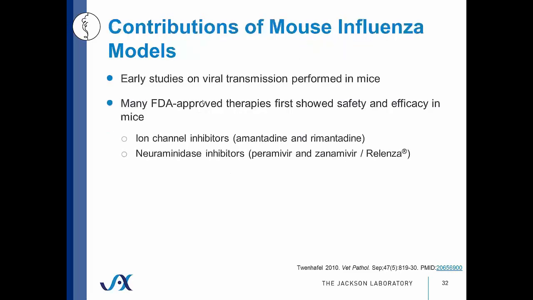But before I get into a few details of influenza infection modeling in inbred strains, I just would like to mention that a lot of our current understanding of influenza is due in part to utilizing mouse strains to model disease. And so some of the early studies on viral transmission were performed in mice, and many of the most popular and effective antivirals that are currently being used in the clinic today were first shown to be safe and efficacious in mice. And that includes ion channel inhibitors, amantadine and rimantadine, as well as the neuraminidase inhibitors peramivir and